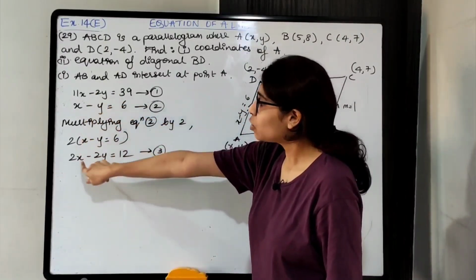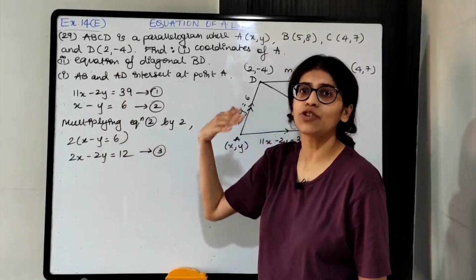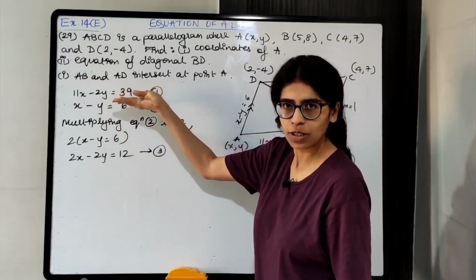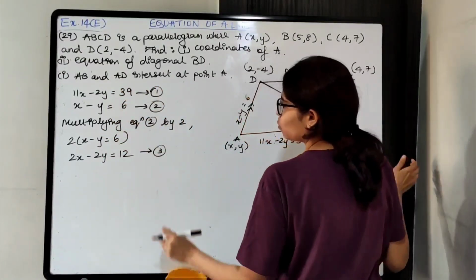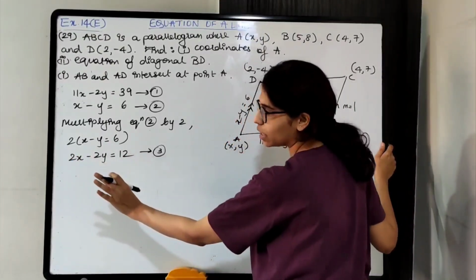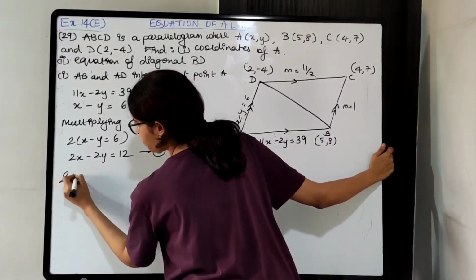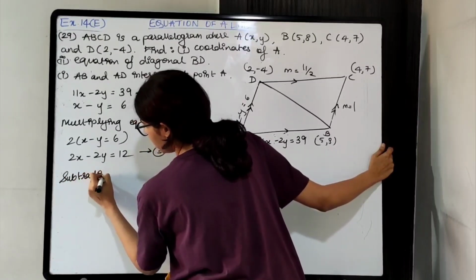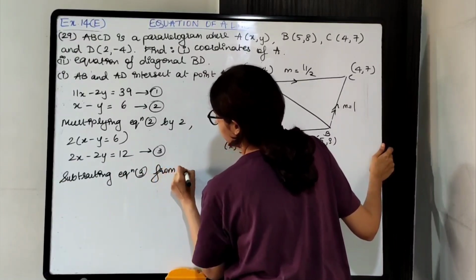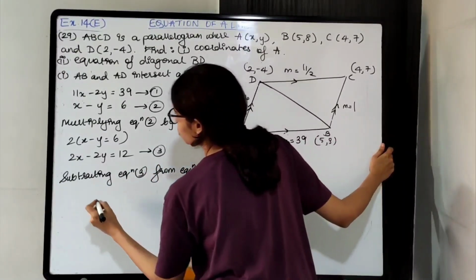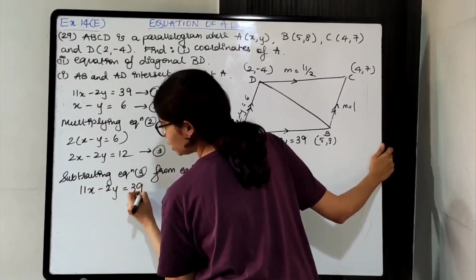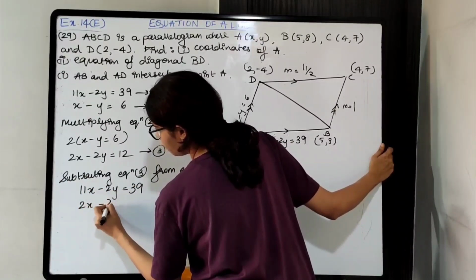Okay. Signs are same. So whenever signs are same, you subtract the equations. So let's subtract 3 from 1. I'm going to subtract 3 from 1. So 3 को subtract कर रहे हैं, therefore its sign will change. हर एक term का sign change हो जाएगा. So subtracting equation 3 from equation 1. So 1 पहले लिखो, जो subtract करेंगे वो बाद में लिखेंगे.